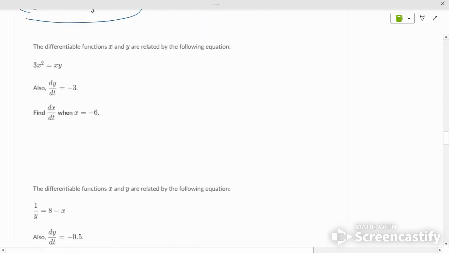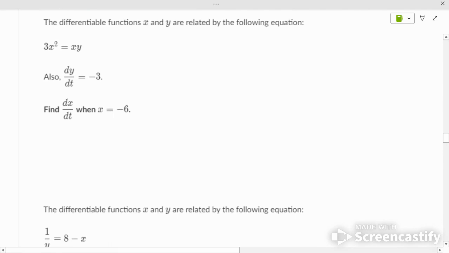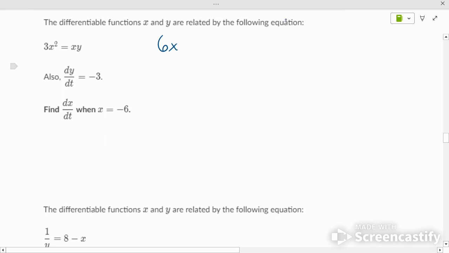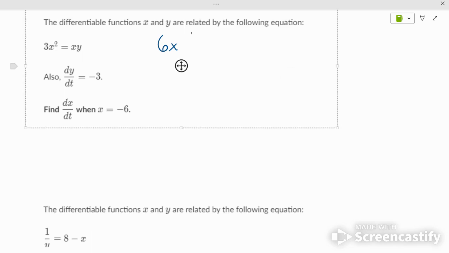Okay, now here we'll actually be starting to solve related rates in very basic format when you get to these problems. Okay, so how do we solve a related rate like this? Well, we have to take the first derivative of both sides. What's the first derivative of the left side? 6x. But is that the variable we're taking the derivative of? No. We have to do it with respect to time. So normally it's just 6x. But now when we do related rates, it's 6x dx/dt